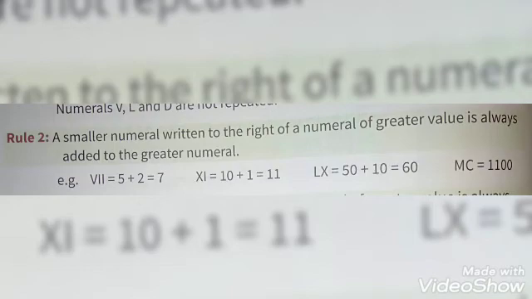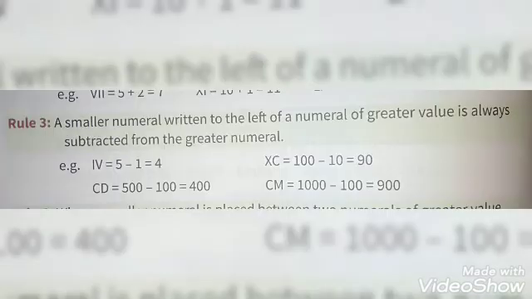For example, VII. V means 5 and I means 1. So 2 I's are coming to the right hand side of V. So it will be added with the V, means 5 plus 1 plus 1 or 5 plus 2 is 7. You are going to see this in your school also. Class 7 is written like this. Next example, XI. X is 10, I is 1. So again it will be added, as I is on the right hand side of X, it will become 11. Similarly, you can see the other examples also.